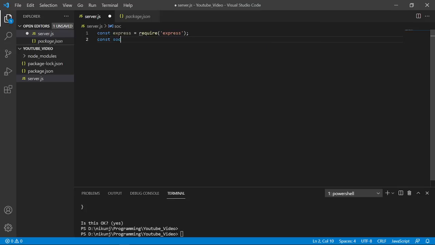Const socket io. Socket.io is the package in which client and server can continuously send messages, and we will be using express to create our routes.